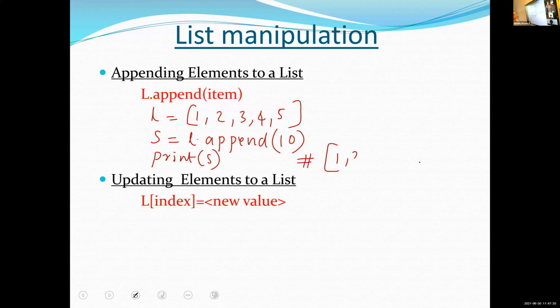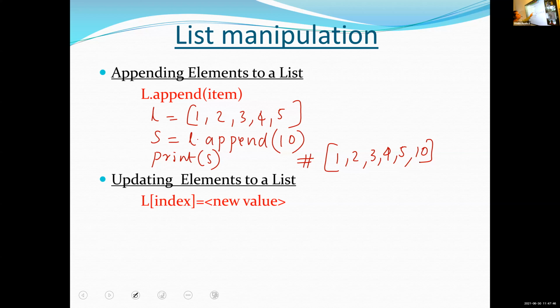Okay. So appending is used for adding one item at the end of the list. For that we are using a function known as append. In this append function, we are using one argument, the item argument.